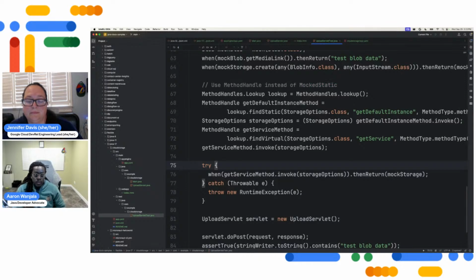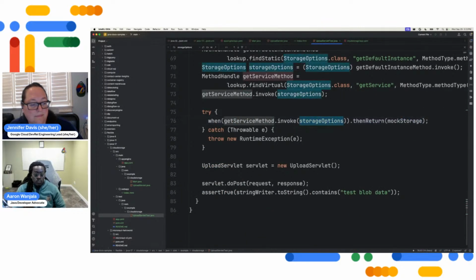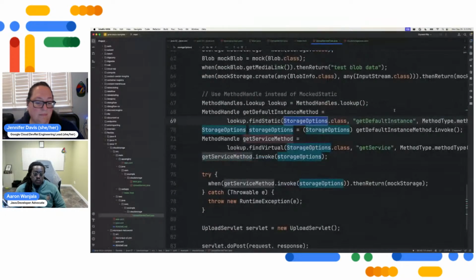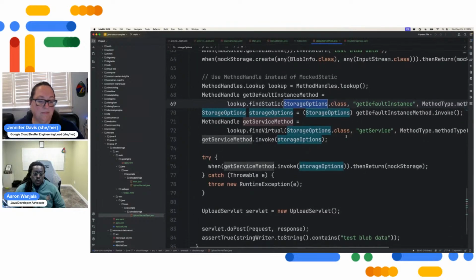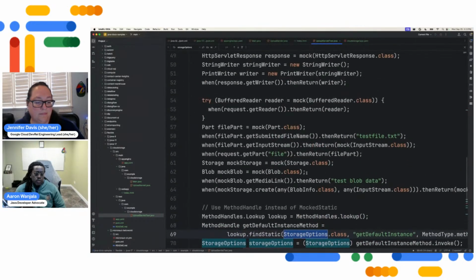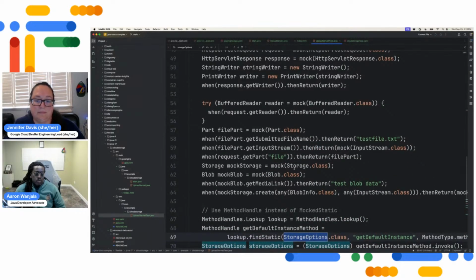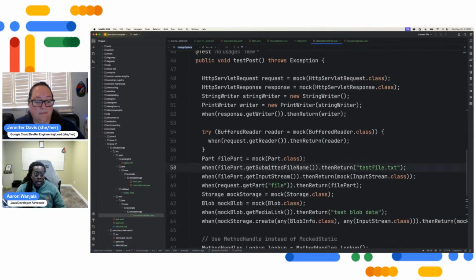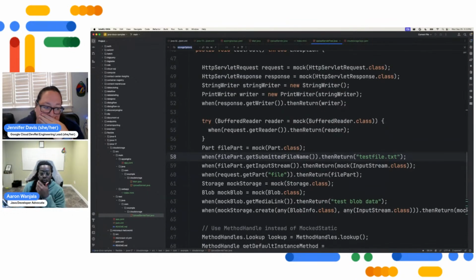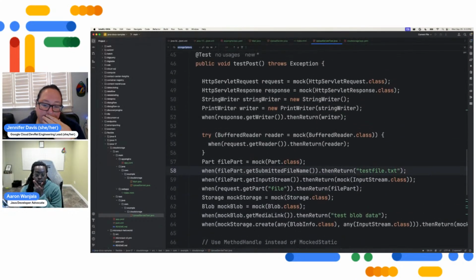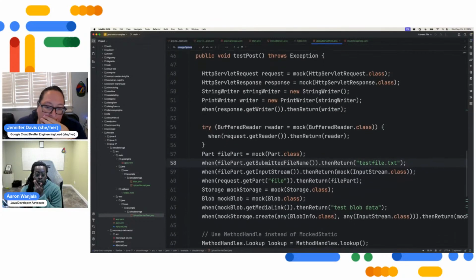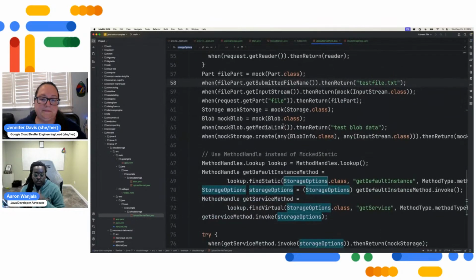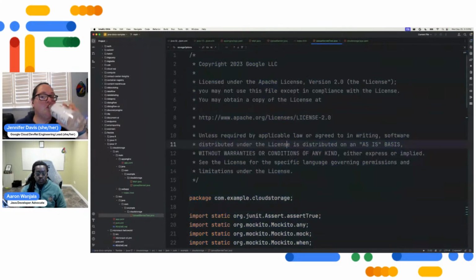But how often do we do that? I don't know if we actually do it anywhere. So we have storage class, do we have storage options? We don't use storage, so I think it missed the mark a little bit. Because even in the previous sample, before I change anything,